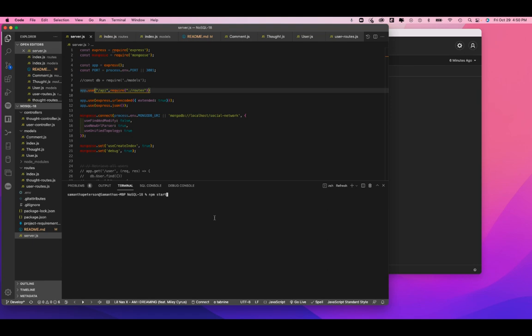And if you were opening this for the first time and you need to get these packages, you can start by still right clicking on this server.js file, and then you just type in npm i, which is the same as npm install, and then that's going to give you